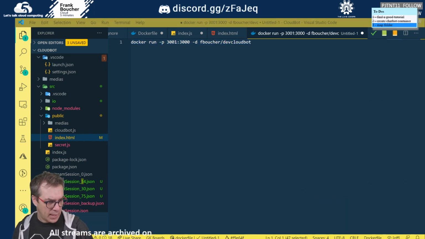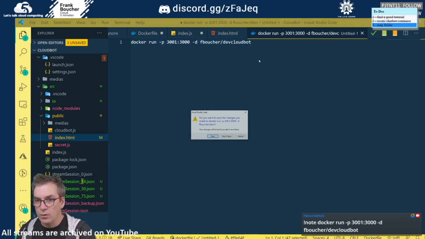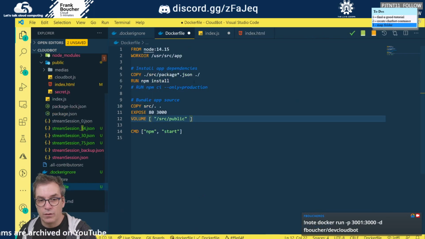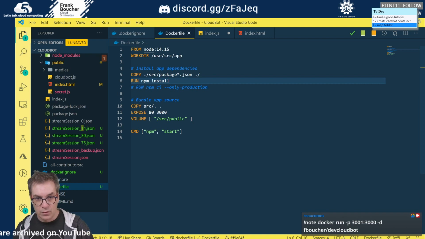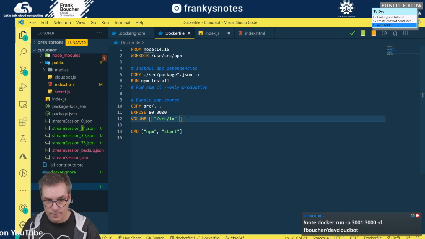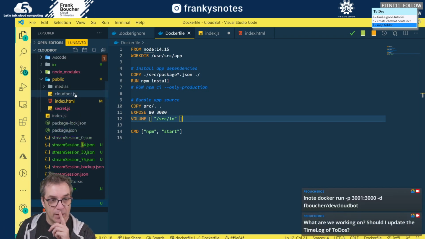I should put that in my notes, the command. We'll close that. Docker file. So I need IO. And the other thing I need to do is when I'm writing file, and that will be in my